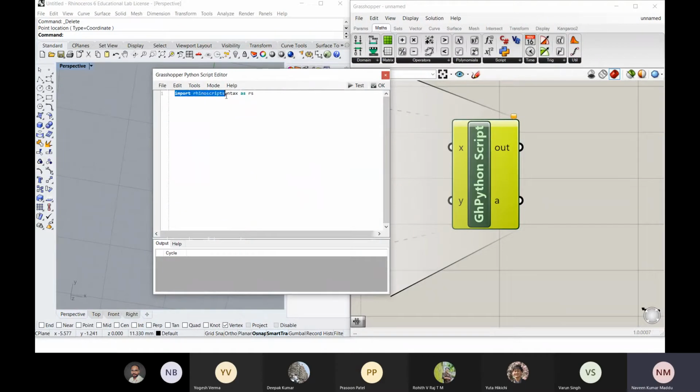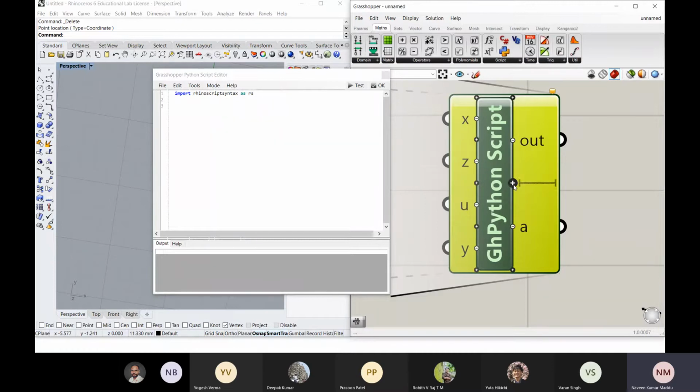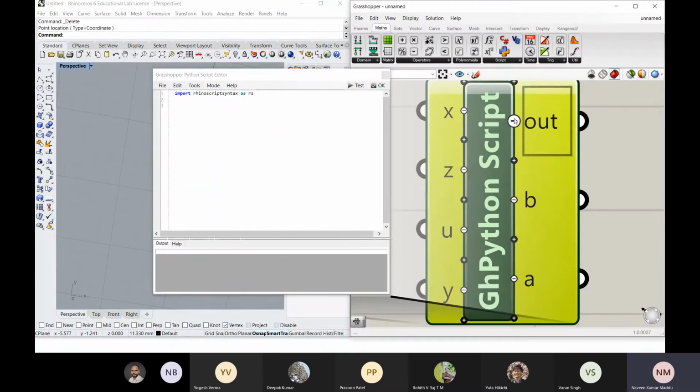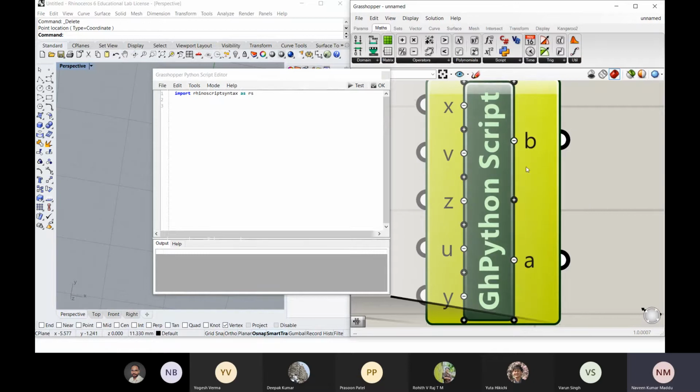You can call the libraries of Rhino script, and then you can type something here and say these are the inputs. You can even increase the inputs. If you want a different number of inputs or outputs, you can keep on increasing here. When you zoom into this Python script, you'll see positive or negative symbols. Positive means you can increase your input parameters, and you can decrease your output parameters like this.